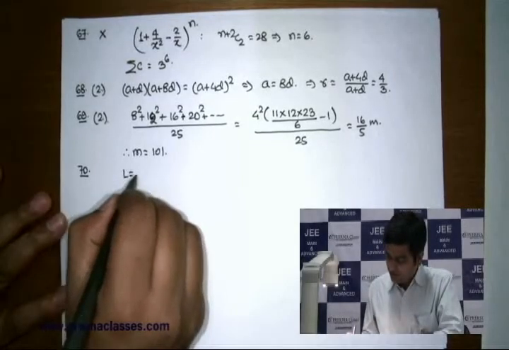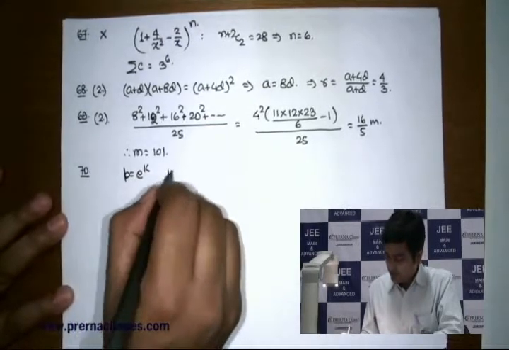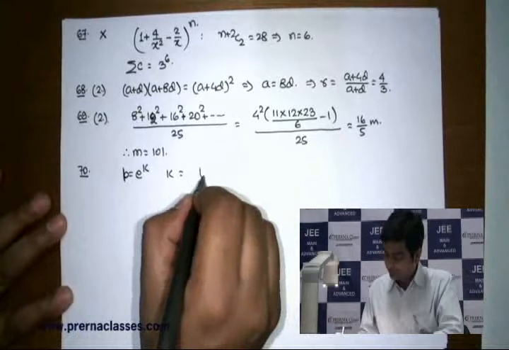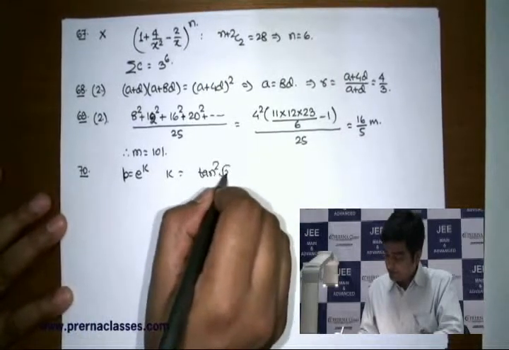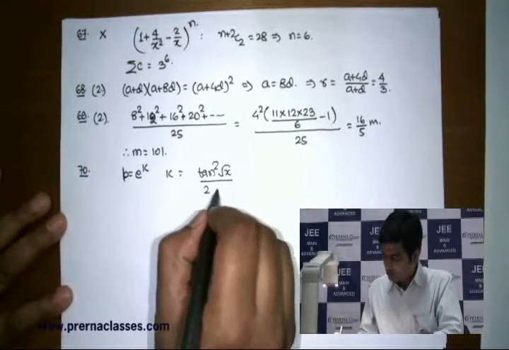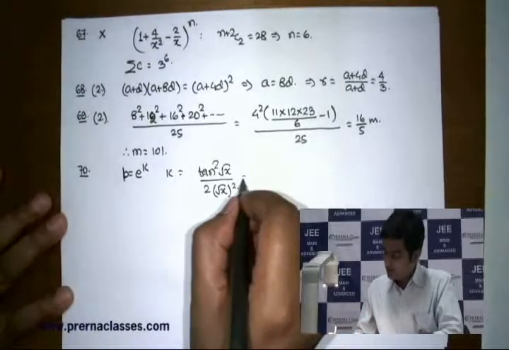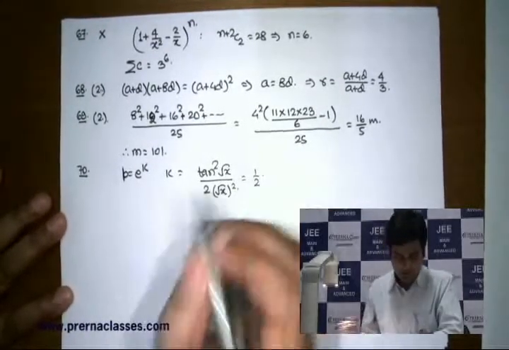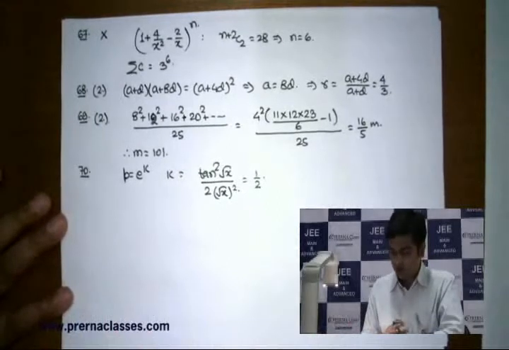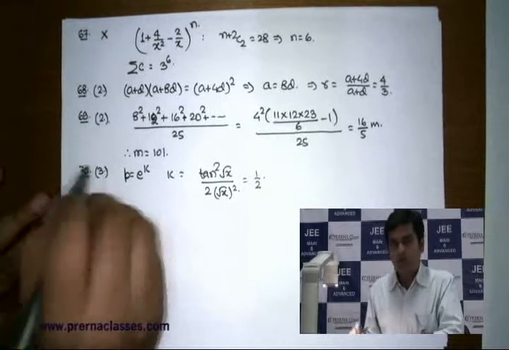Next problem is related to the limit. You can check that the problem is in 1 to the power infinity form. So the limiting value, which is given to you as p, is going to be e to the power k, where k is going to be base minus 1, that is this much, into the power function, which is twice of twice of x, which I can write as root x square. Hence this is going to be half. So clearly the answer is also going to be half, because you're looking at log of p, which is going to be k ultimately. It's nothing else but option 3.